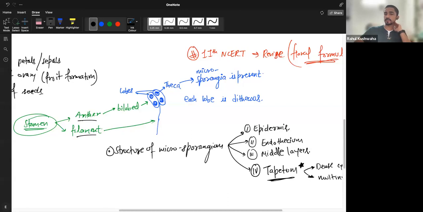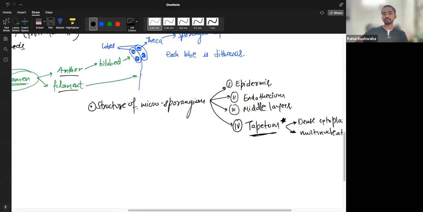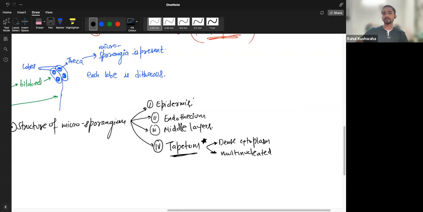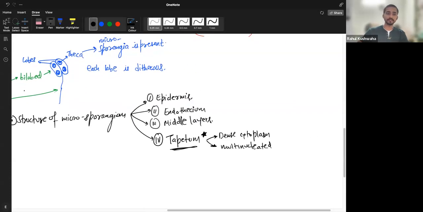So it's called a bilobed, dithecous arrangement. Every lobe is dithecous, and for the structure of the microsporangium, if you go within the layers of this